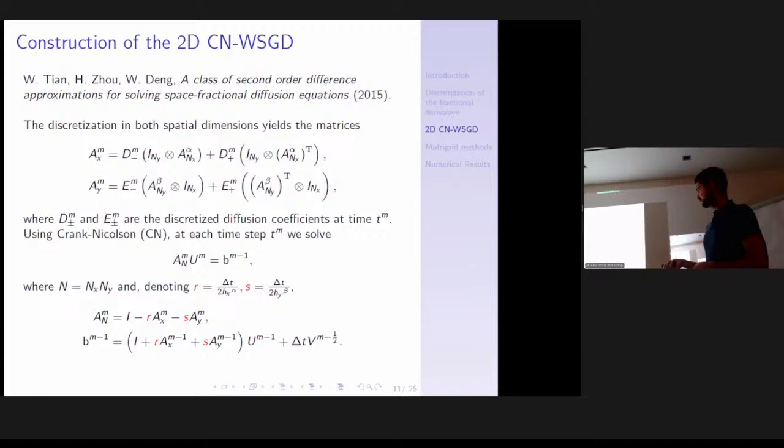Each linear system has the structure where S and R are the two grid-dependent scale parameters, and they also depend on the fractional derivative orders. So if we suppose that the grid widths are all equal, a large difference between alpha and beta generates a large difference between S and R, and this generates anisotropy. So if we suppose that R is much bigger than S, the diffusion along the x-axis is stronger than in the other direction. So we have an anisotropy along the y-axis.